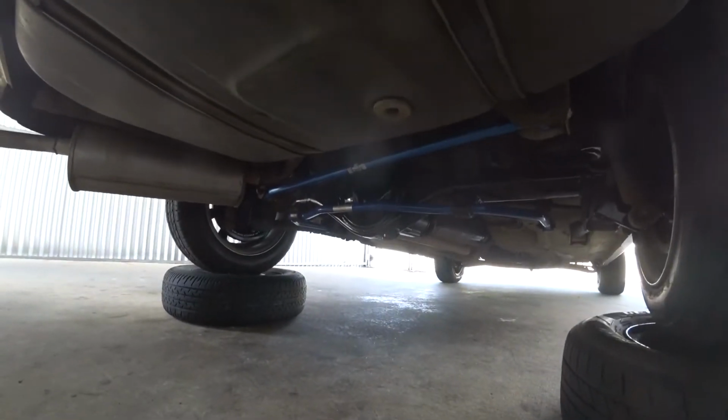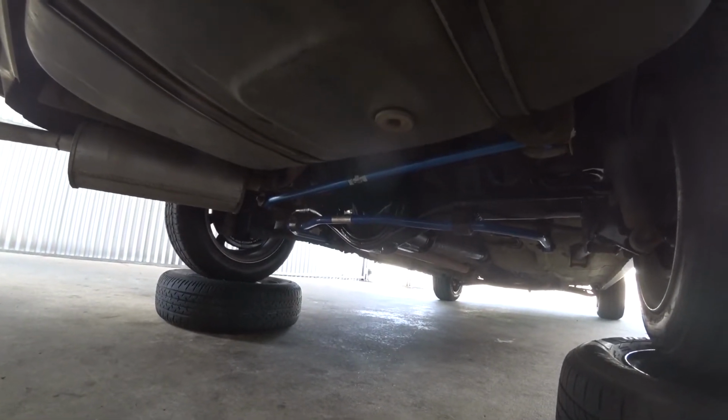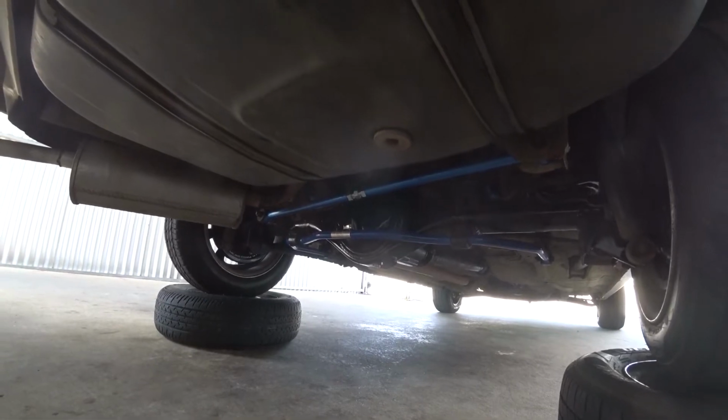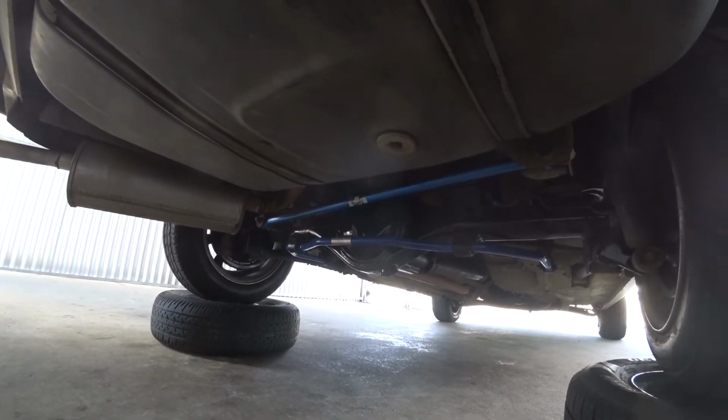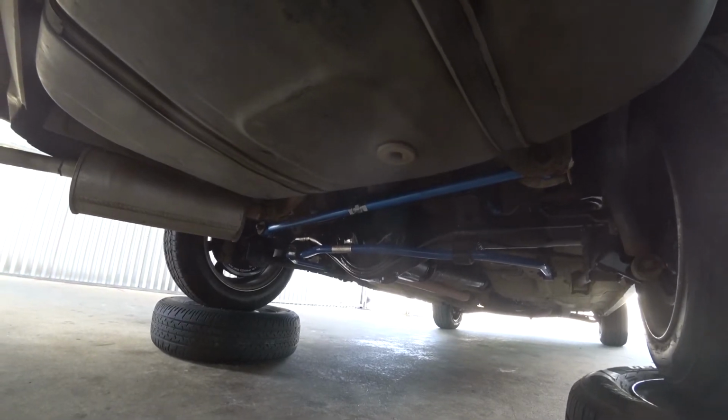Now first things first, the title of this video is a little bit clickbaity, and I'll be honest, this Corolla isn't completely stock because it does have this shiny new T-Series diff in it. So it's got a TRD two-way in it, no shitty welded diff here, and then the Cusco sway bar. If you know anything about AE86s or Corollas, you'll know that T-Series diffs are pretty rare, and this one